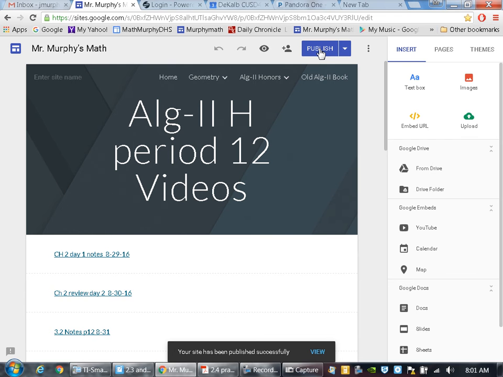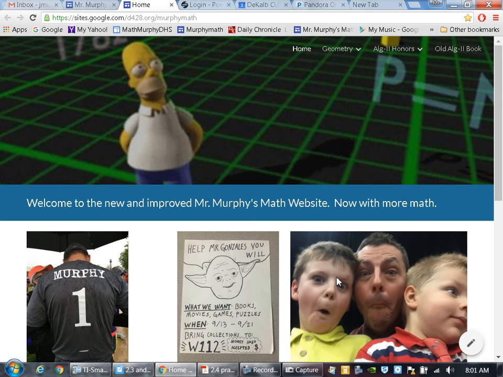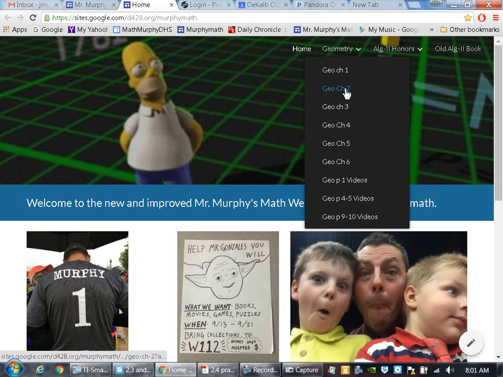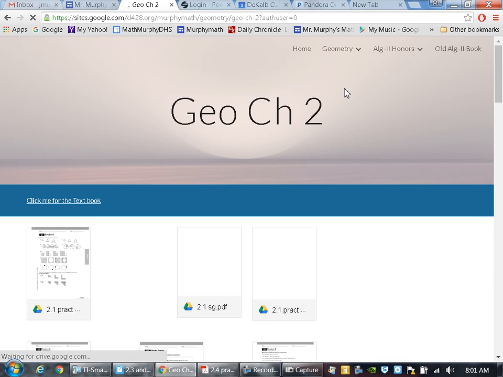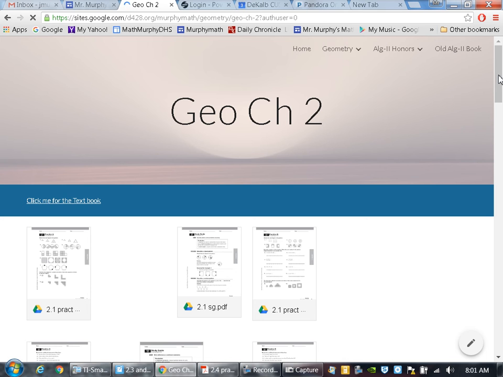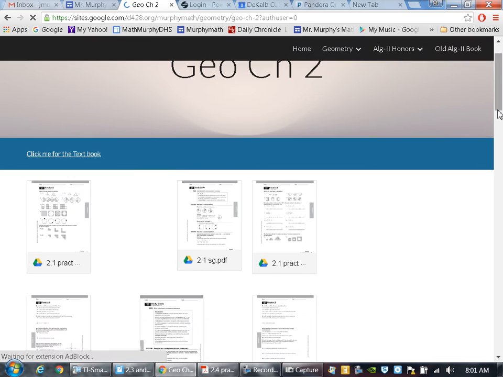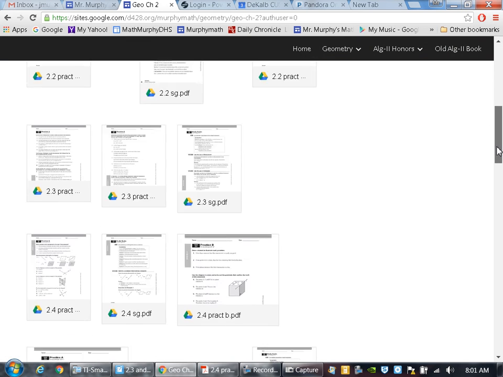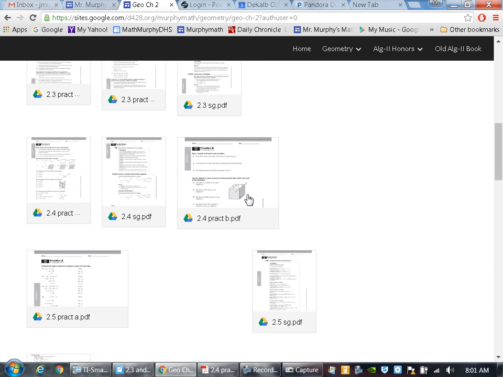Scroll down. And I'll show you guys where to find this again. Is it in chapter 2? It would be chapter 2, section 2.4. I'm looking at 2.4 practice B. I want to look at the 2.4 practice B worksheet